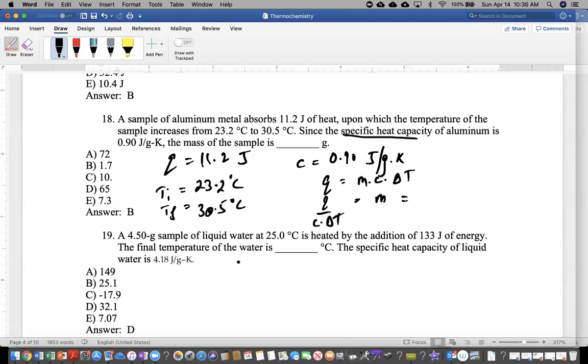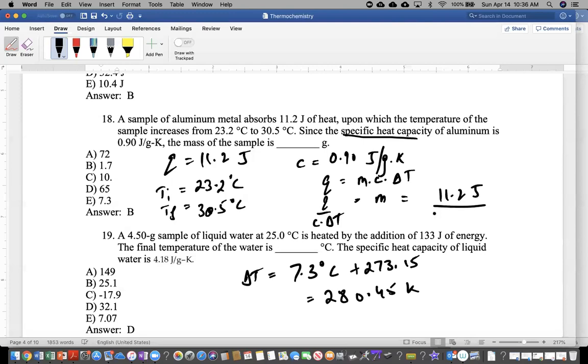Did you find the delta T? Delta T is 7.3 degrees Celsius, right? How do I change that to Kelvin? Add 273.15. That's how you change it to Kelvin. So 284.5 Kelvin. So now you've got to plug everything in. Q is 11.2 joules, and then my C is 0.90 times my delta T, which is 280.45. So now if we solve the whole thing,